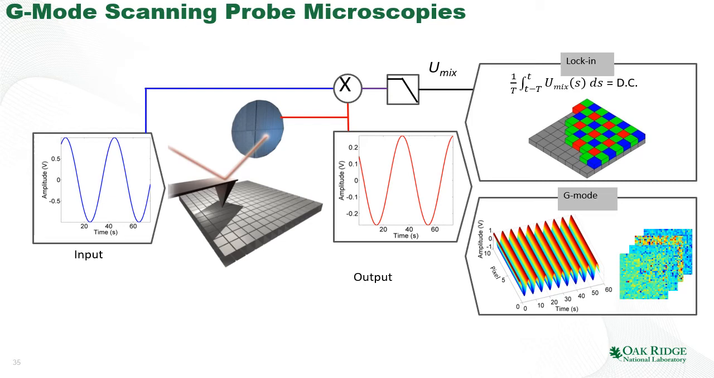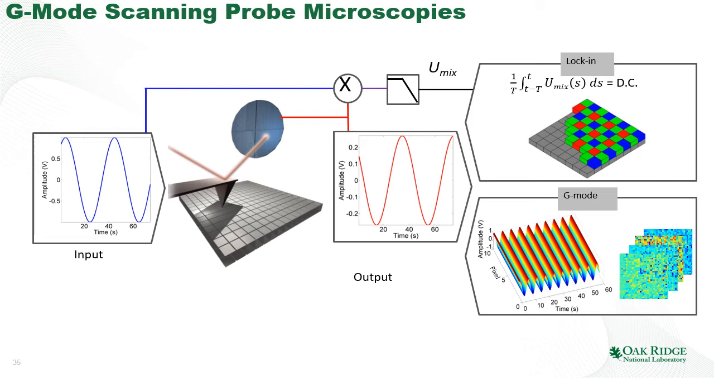So notice that the band excitation is, strictly speaking, parallelization of lock-in. So we excite by multiple frequencies and we detect by multiple frequencies. G-mode is a slightly different idea. We can excite by sine wave, we can excite by the band excitation, or we can excite by